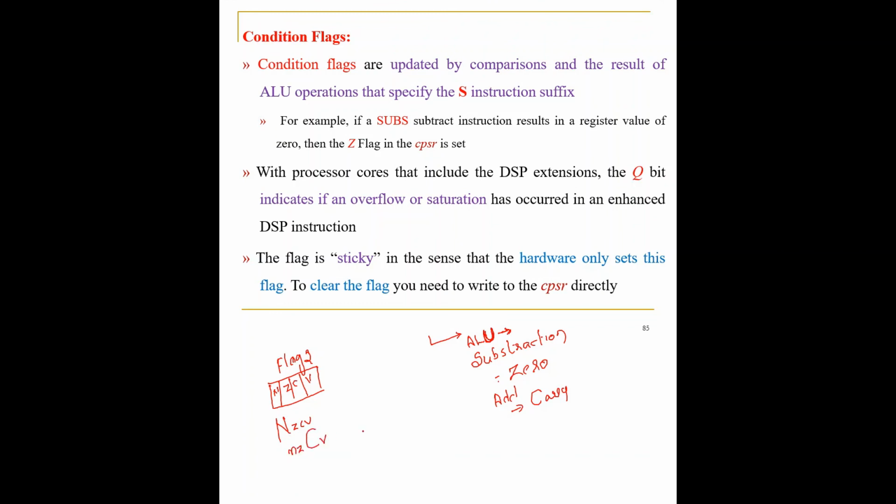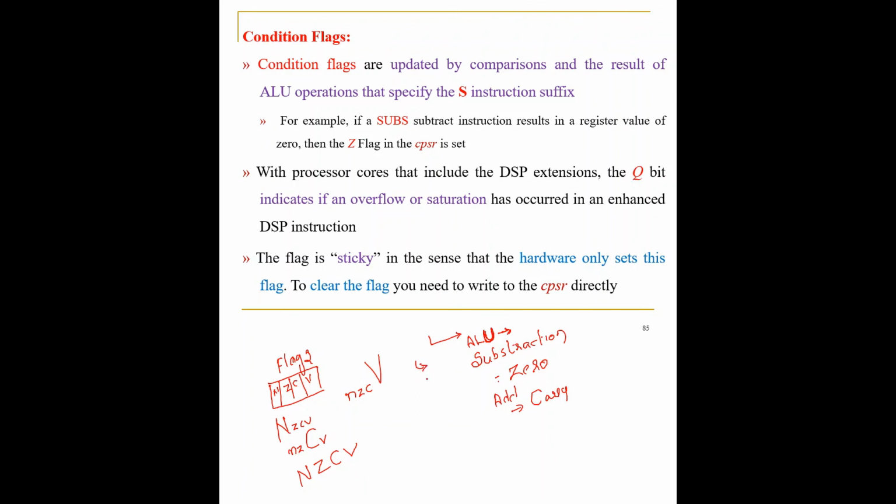You're getting this? The status of the flag registers can be read by the user using this indication. Suppose all the flags are set high, then it will be N, Z, C and V. Suppose the overflow has been generated, then this will be N, Z, C and V. This is how the flags indicate the status of the flag registers. Why are these flag registers important? They are important because every instruction is conditionally executed.